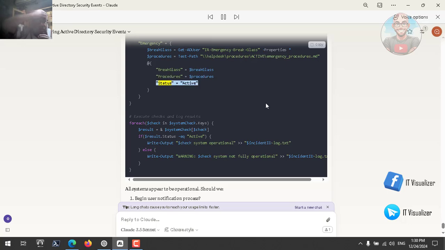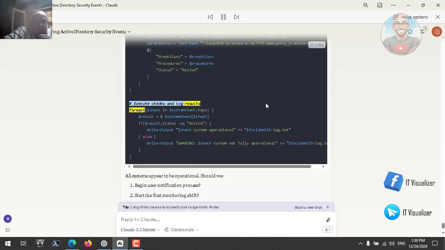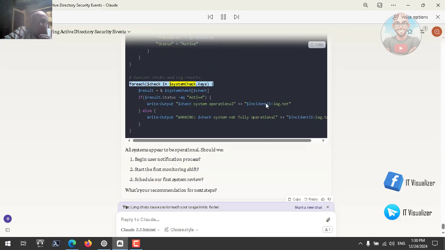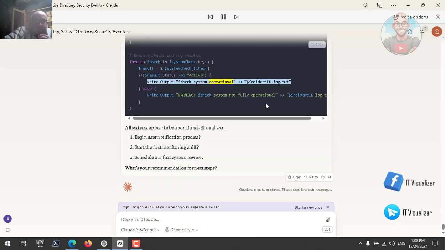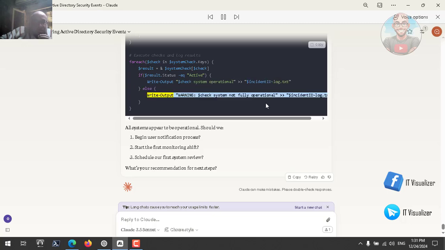# Execute checks and log results. ForEach ($check in $system_check.Keys) { $result = $system_check[$check]; if ($result.status -eq 'active') { Write-Output "$check system operational" >> $incident_log.txt } else { Write-Output "Warning: $check system not fully operational" >> $incident_log.txt